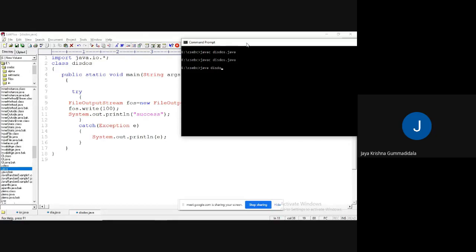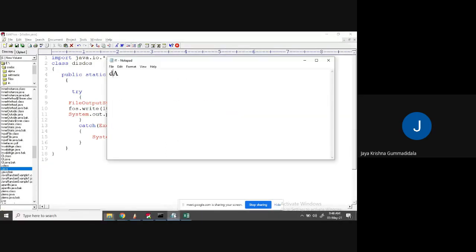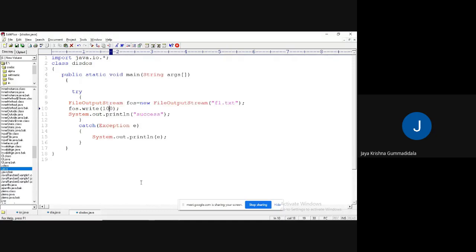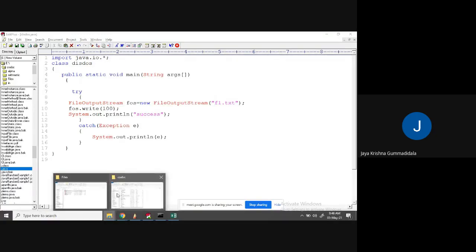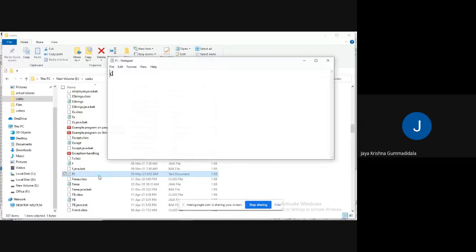Then java, and the class name. Success, you got, meaning that this operation is perfectly completed. Go there and check whether f1 is created or not. Yes. If you open it, you got the data, like d.